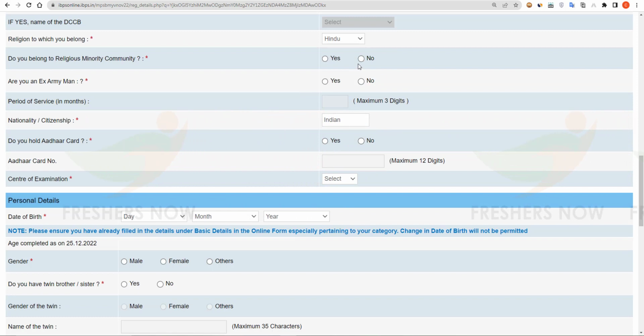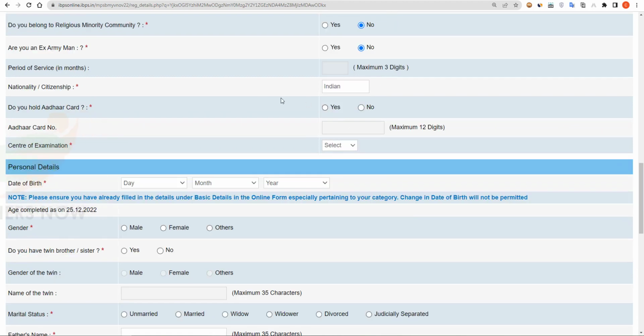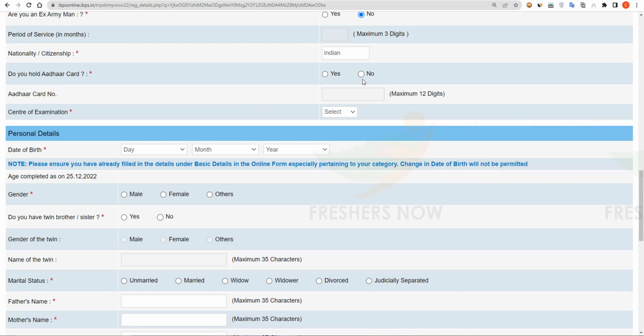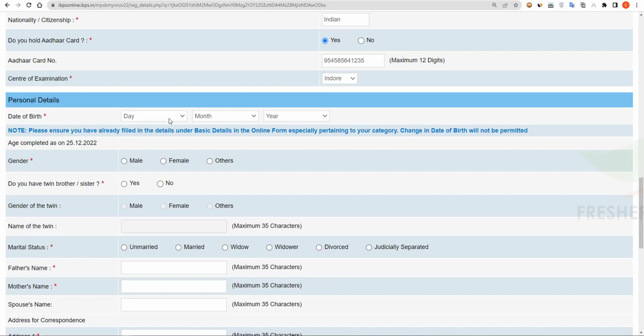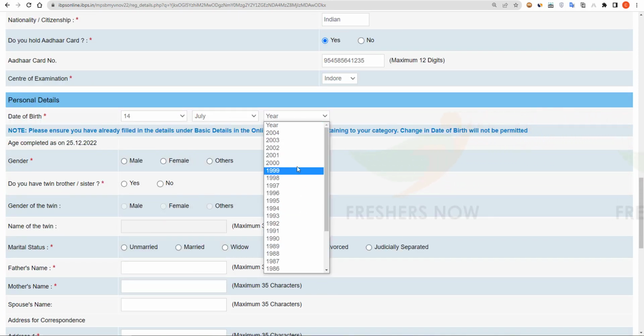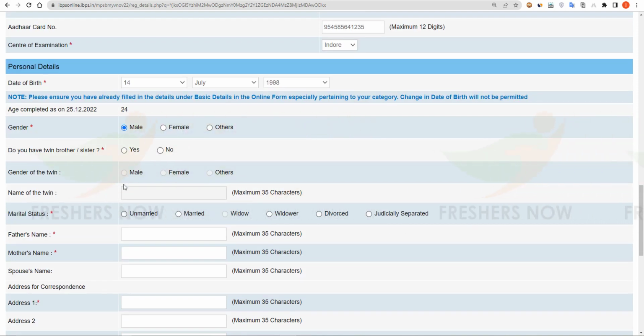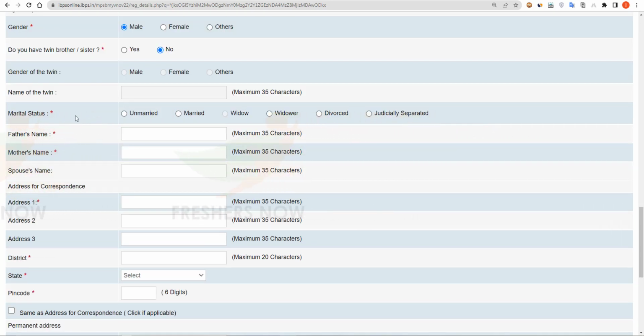and here you have to select that do you belong to religious minority community, are you an ex-army man, and here you have to enter your nationality and citizenship. Here do you have Aadhaar card or not. If yes means you have to enter your Aadhaar card number. And then select the center of the examination, and here you have to select your date of birth and select your gender. Do you have twin brother or sister, and then select your marital status,